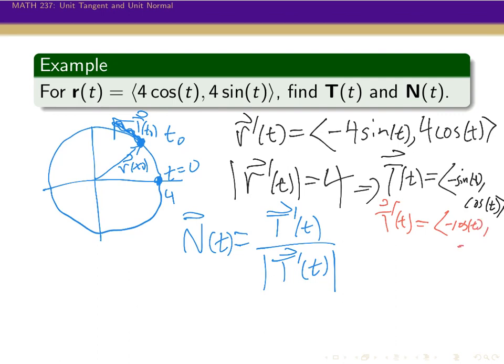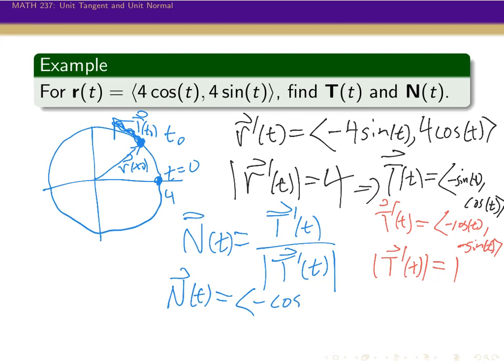Derivative of cosine is minus sine. Since this is just cosine and sine, its magnitude is already 1. And so this is the unit normal vector. So our unit normal vector here, N of t, is minus cosine t,